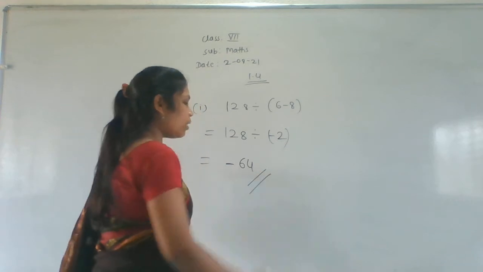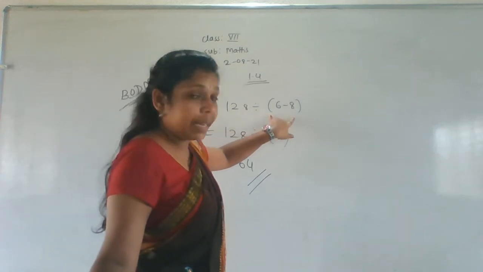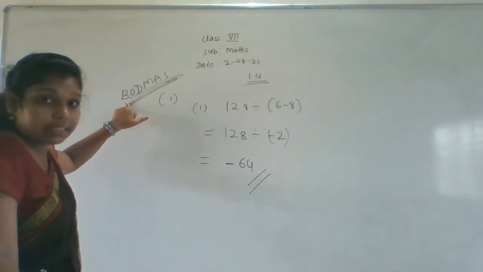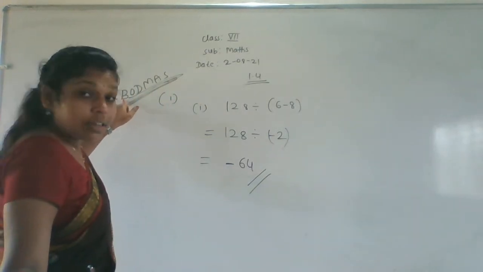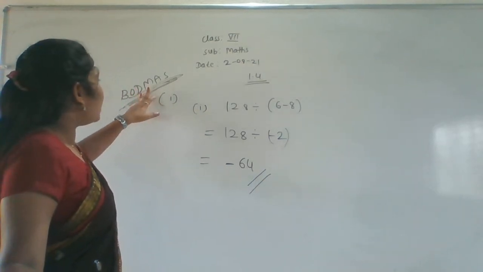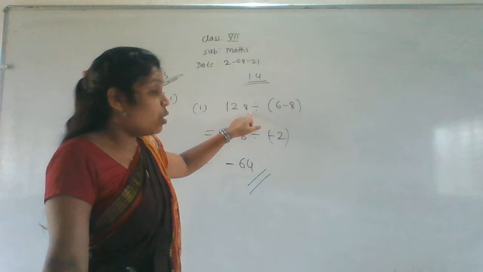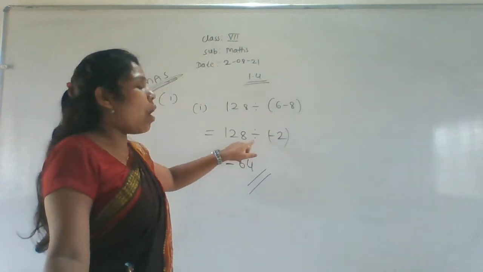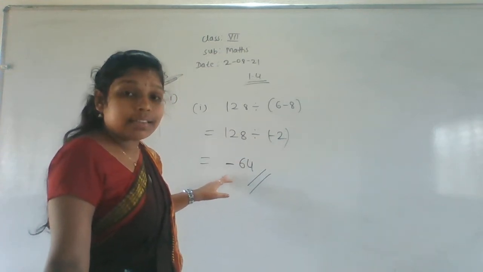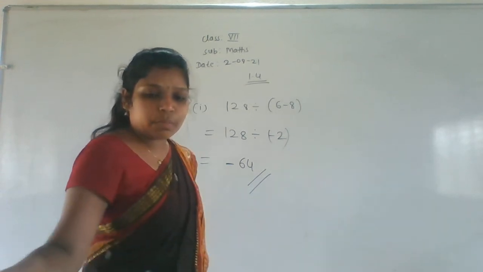So what answer did we get here? Minus 64. Getting everyone? Here we have a bracket, so first we have to solve this bracket, because the BODMAS rule says that. After that, the "of" function; there is no "of" here. After that, what do we have to do? Division. Is there any division? Yes, we have a division also. So after solving the bracket, we solve the division. The final answer is minus 64. Getting everyone? Okay, we'll do the next one.